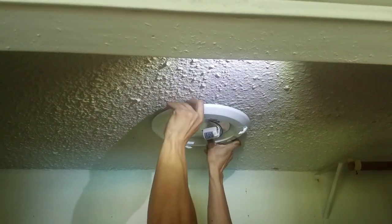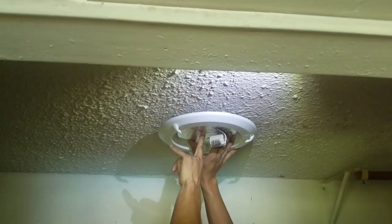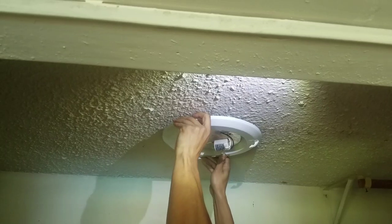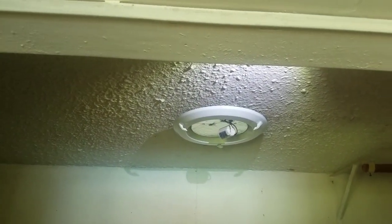Here's one. Here's two. So the keyhole, the screw head will pop through, and then you twist it, and it secures. So I'm going to take this back off,